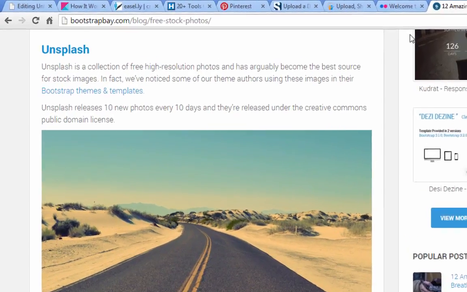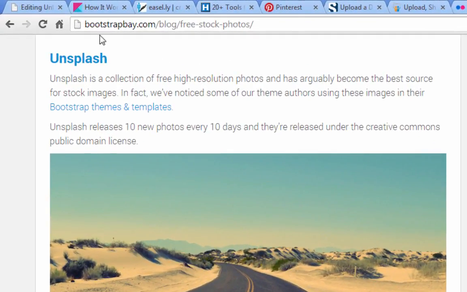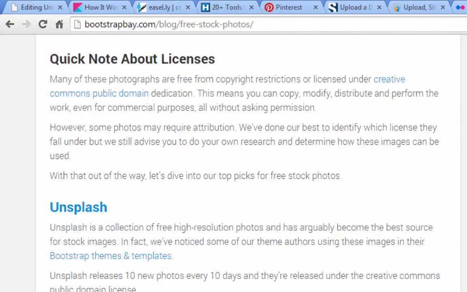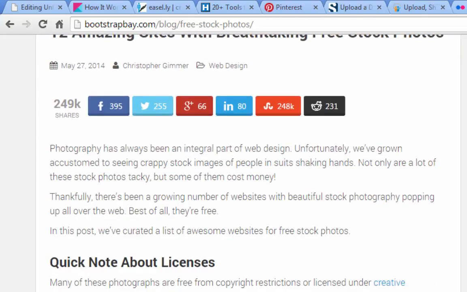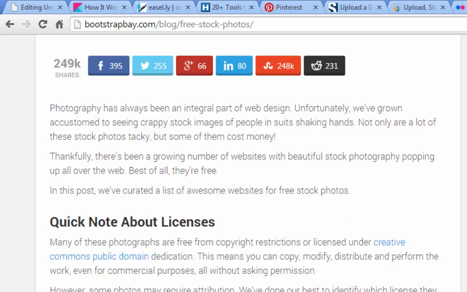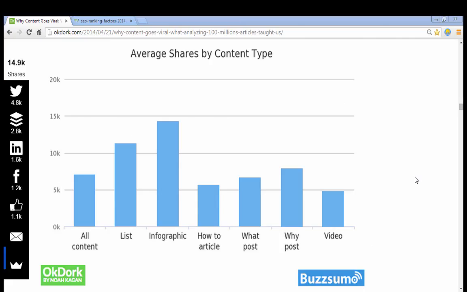And then this is a post put together by bootstrapbay.com. And these are sites for free stock photos, because images, in addition to infographics, also get shared more than other types of posts. I said I wanted to show you a chart about the types of content that gets shared the most, and this is from a study on 100 million articles by BuzzSumo over about an 8 or 9 month period. And they found that infographics, at least in